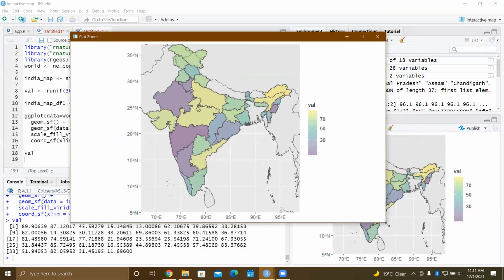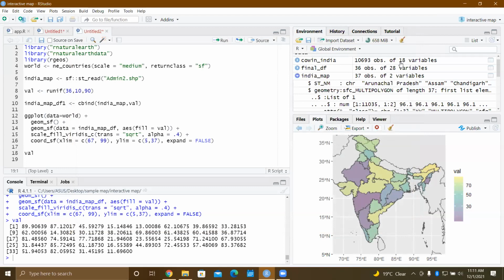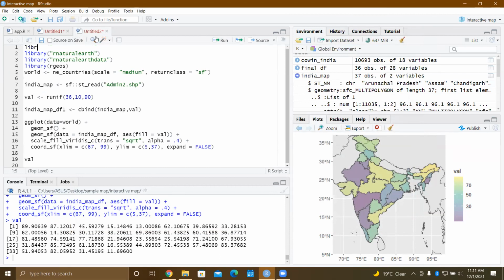Any map you plot, you will always see this. These are very heavy objects. So don't panic that it is hanging. It will just take a lot of time to render. So you have to be patient. When you are working with maps, you have to be very patient. Okay, go ahead. Yeah, so these are the libraries that I'm using.